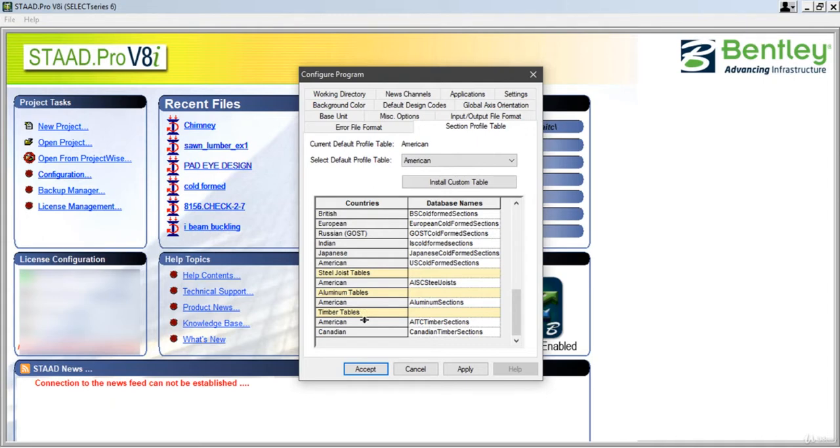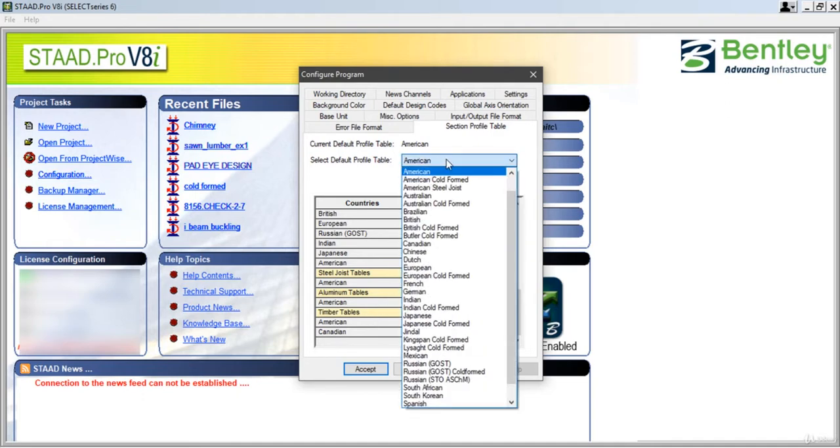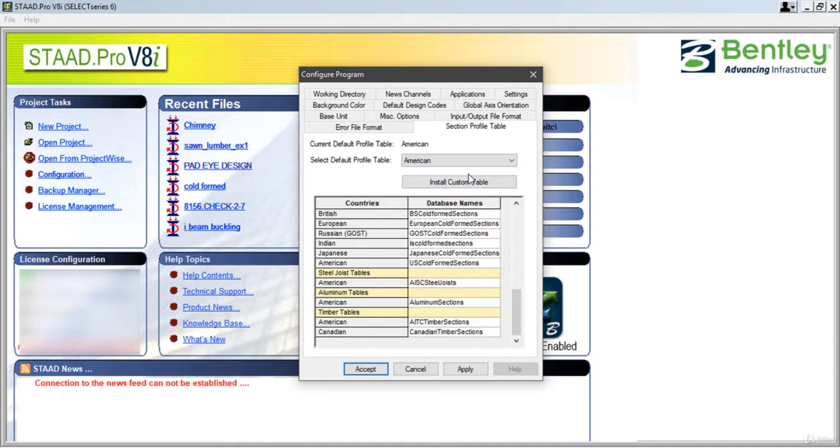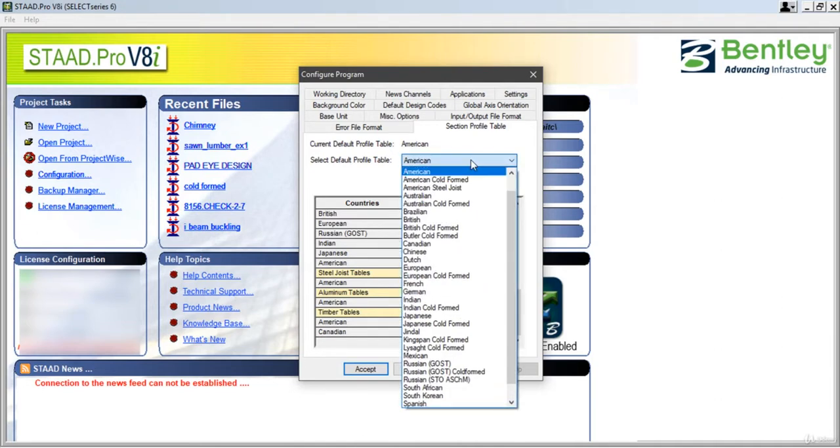For timber design we can go ahead with either the American code of design, the Canadian code of design, that is CSA, or the Eurocode. So for timber designing only 3 codes are available. Right now you can select as per your country. We can go ahead with American only, or if you want some other option, you can select that.